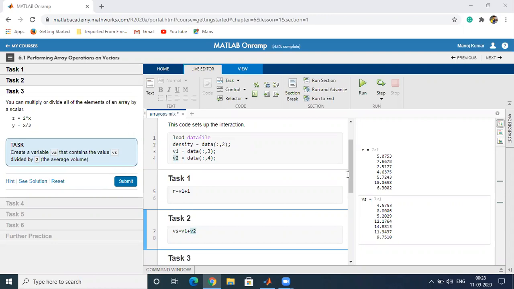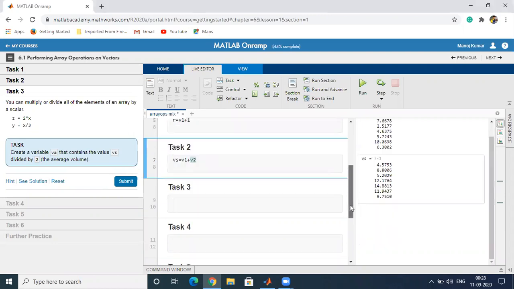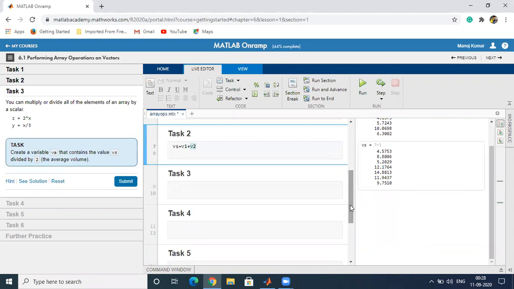Task 3 is to create a variable va that contains the value vs divided by 2, the average volume. Means for the vector vs, we will add all the components and divide by 2.